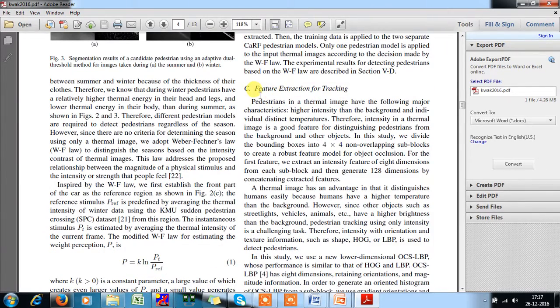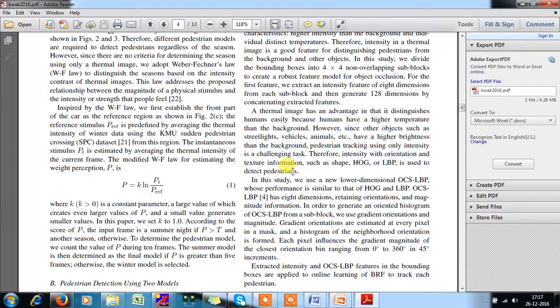In another technique, feature extraction for tracking, in the thermal image the following major criteria will be obtained. That is, the pedestrian should have a higher intensity than the background and individual distant temperature, and the intensity in the thermal image will be a good feature to distinguish the pedestrian from the background and other objects, because we have to track only the pedestrian, not the background or other objects. So for this purpose we are using feature extraction for tracking. These two techniques help us